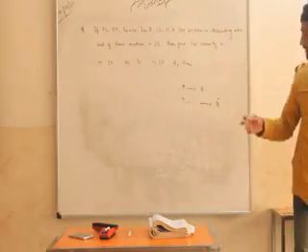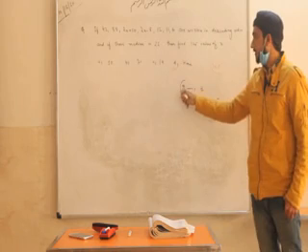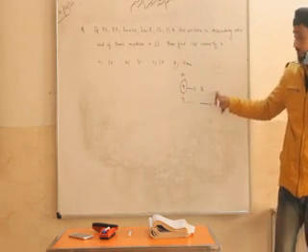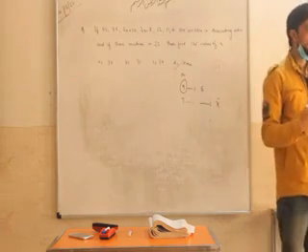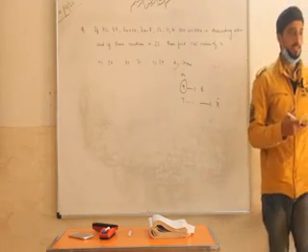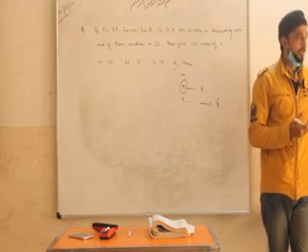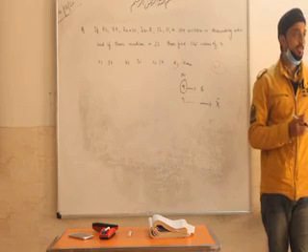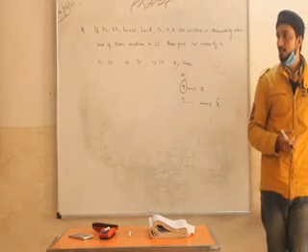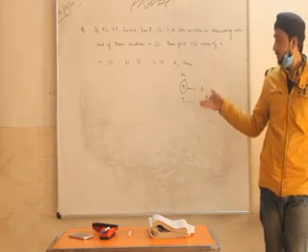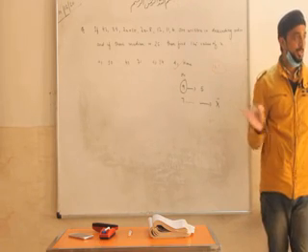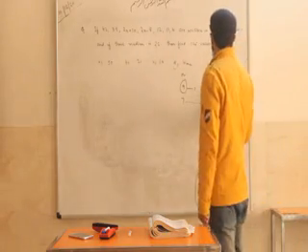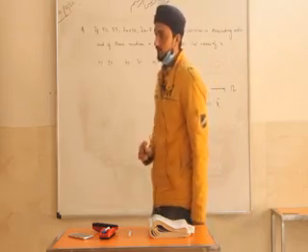There are 9 observations that you have already learned, and their mean is 5. If we are adding 7 to each observation, then, as I said in the previous lecture, whatever operation we do with the observations, the same we have to do with the mean. So we add 7 to the mean also. The mean is 5, then 5 plus 7 is 12. So the answer is 12, the new mean. Fine?